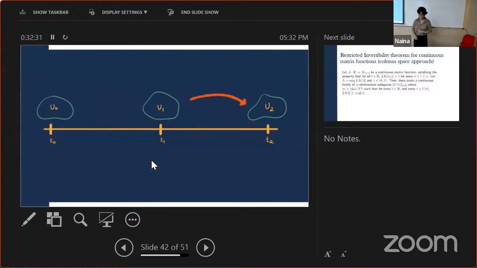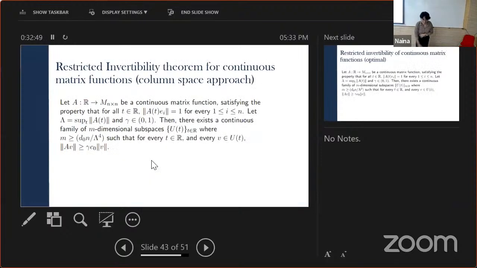In the old case, U0 had some columns that satisfy well-invertibility, and U1 also had some columns, and maybe there are some columns that are common between them, and we don't want that. So we modified the Boolean theory proof, and we said that even if I block off some columns of the matrix, I can still find a large enough subset of the rest of the columns that are still well invertible. And so this relies on using this modified Boolean theory proof 2 times.